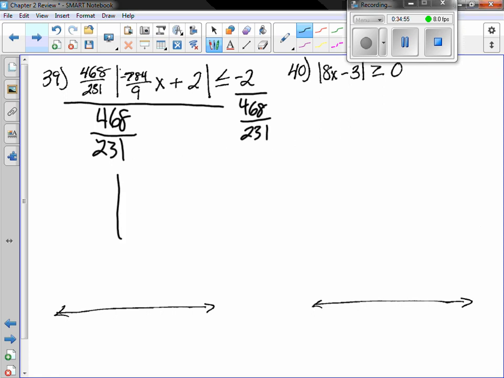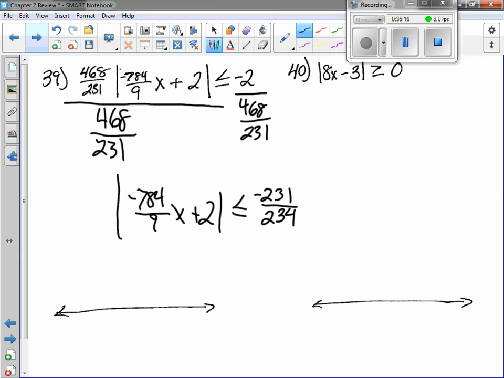And when we do that, I get negative 784 over 9x plus 2 is less than or equal to negative 231 over 234. So is this thing still less than or equal to a negative number? Will the absolute values ever be less than a negative number? No. So this one here is